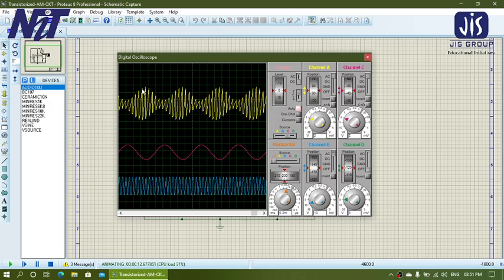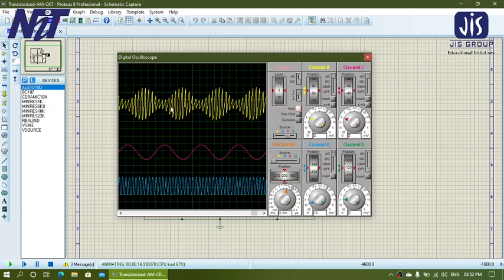So you have to maintain the measurement in the same way when we put the values for Vmax minus Vmin divided by Vmax plus Vmin. You have to maintain the same order. If you take from here to here for Vmax, then take from here to here for Vmin, or either from the zero line to the maximum positive envelope amplitude for your Vmax and the minimum positive envelope amplitude for your Vmin.